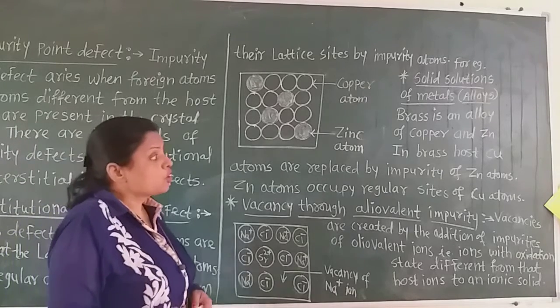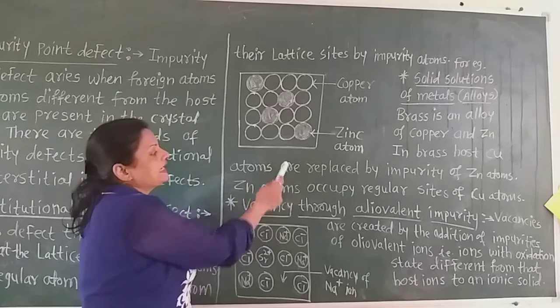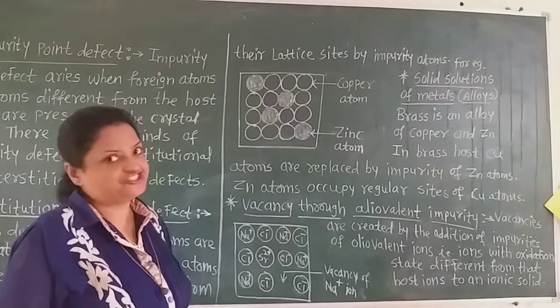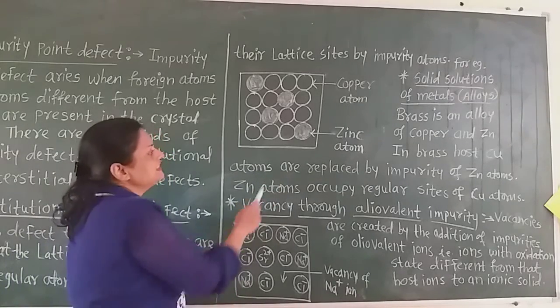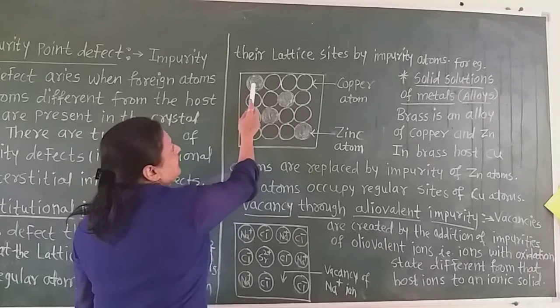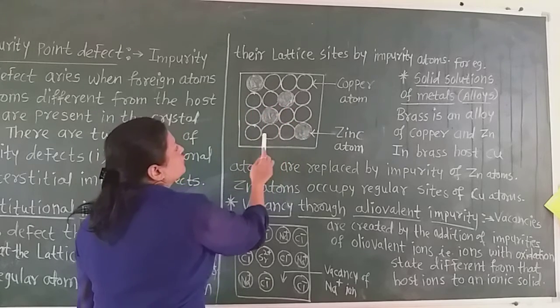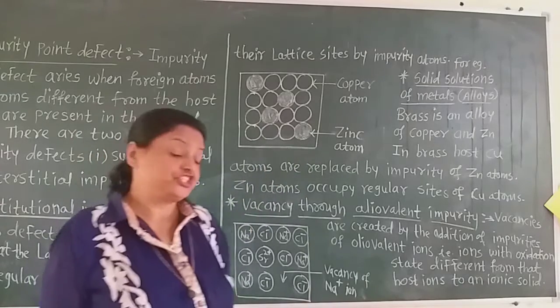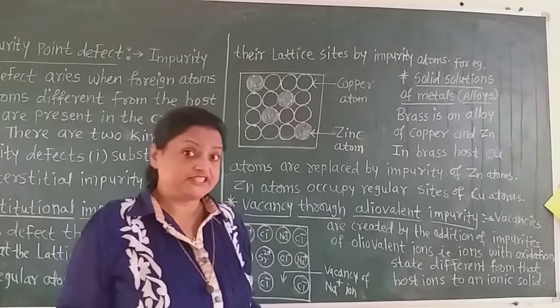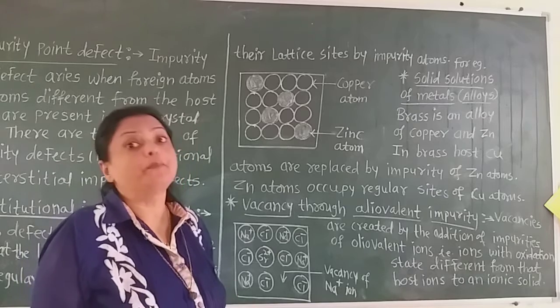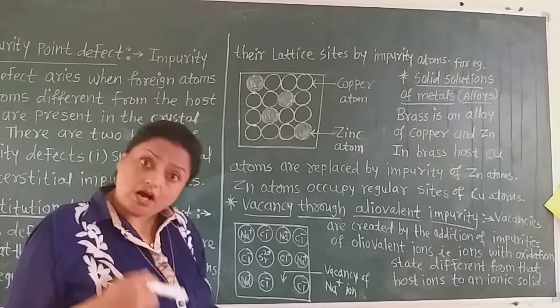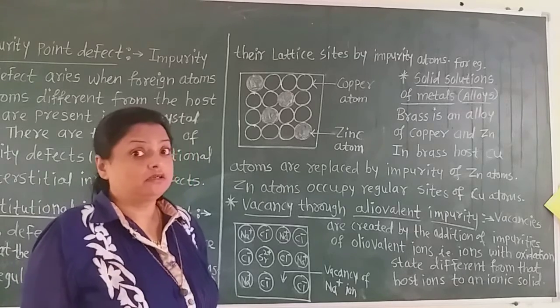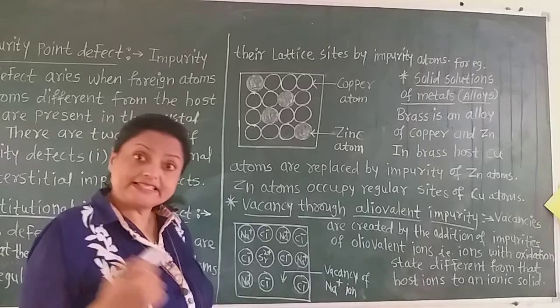In brass, host copper atoms are replaced by the impurity zinc atoms. Now see, these are the zinc atoms and these are the copper atoms. Some of the sites of the copper atoms are displaced by zinc atoms in brass, which is the alloy of copper and zinc. And again the second possibility of this substitution